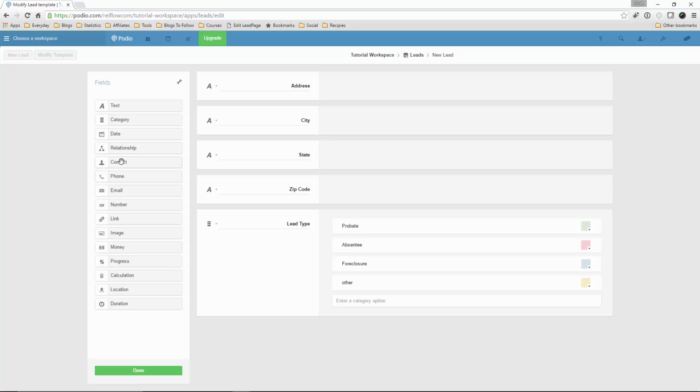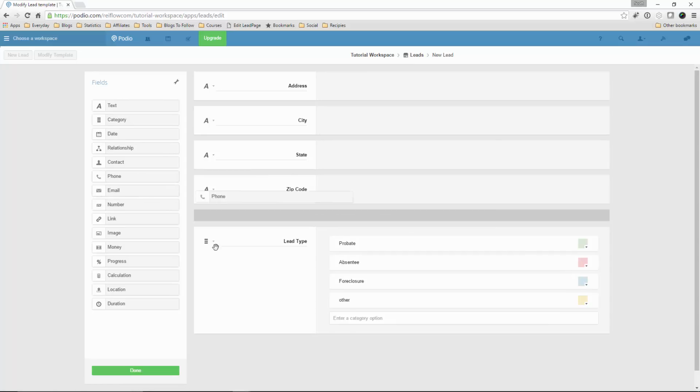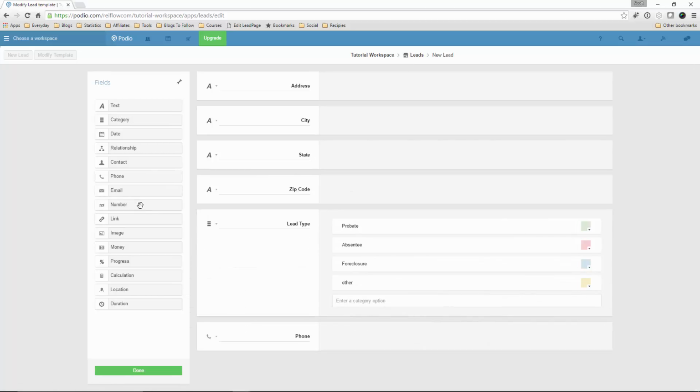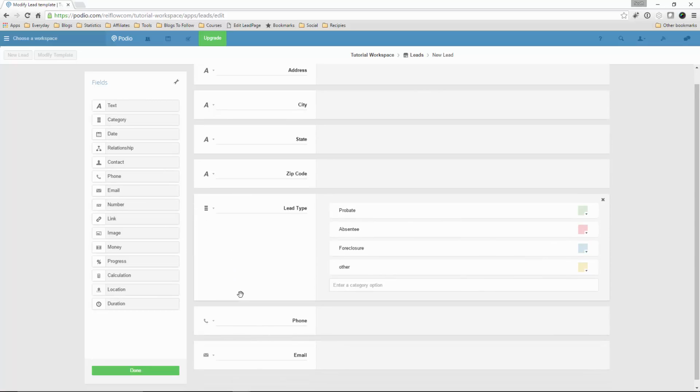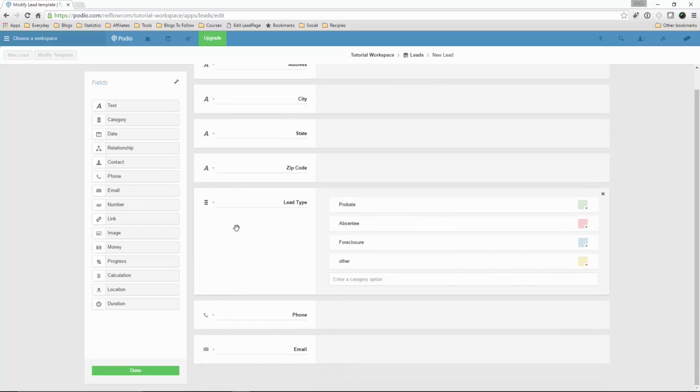You can add contact type fields, relationship. This is a little more complicated. It's linking two different apps records together. So if we had a lead and a contacts app, then if we create a contact, we can link it to the leads app by the relationship field. We also have a phone number, phone field, and an email field. Those are handy. And you have images,